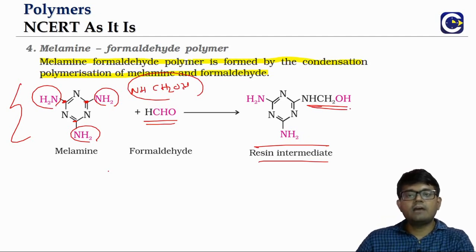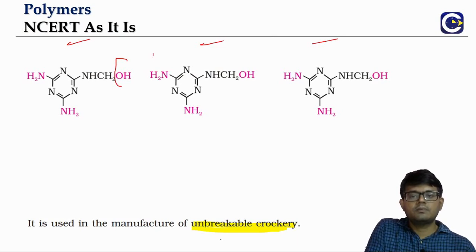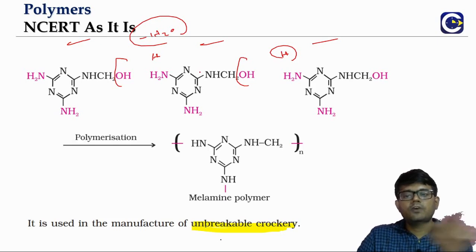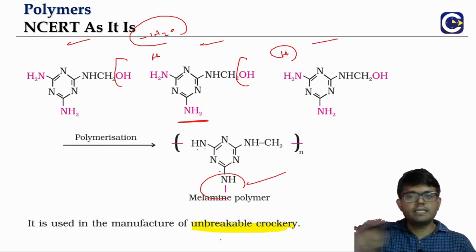From this resin we'll have the polymerization. So when we arrange all these monomers, from here we can remove the OH, from the amino group one hydrogen, removal of water. From here one OH group, from an amino group hydrogen. When we remove them, one thing is we will form a linear bonding. So you can see here the repeating unit: NH, the ring, NHCH2. This is the repeating unit. At the same time, look at this amino group, this has hydrogens that can be removed, and that will give rise to the cross-linking. Between the linear chains, we will have the cross-linking.